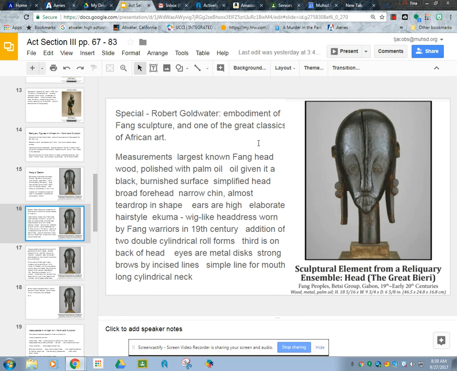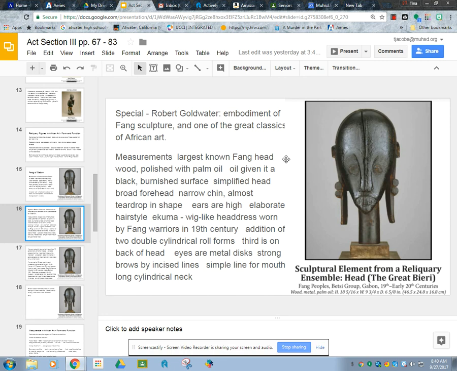Measurements: it is 18 and 5/6 inches tall. Wide, it's 9 and 3/4, and deep, 6 and 5/8. Made of wood, metal, and palm oil. The oil gives it a black burnished surface, almost very shiny. It's a simplified head, broad forehead, narrow chin, almost teardrop in shape. The ears are high,